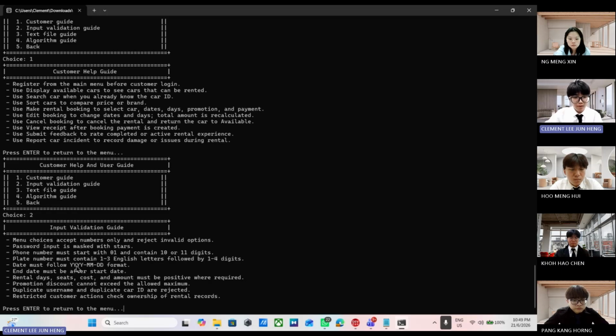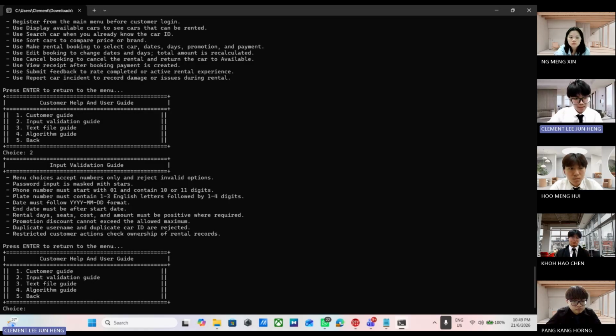Date must follow the format, and end date must be after the start date. Rental days, seats, cost, and amount must be positive. Promotion discount cannot exceed the allowed maximum. Duplicate username and duplicate car ID are rejected. Restricted customer action, check ownership of rental records.